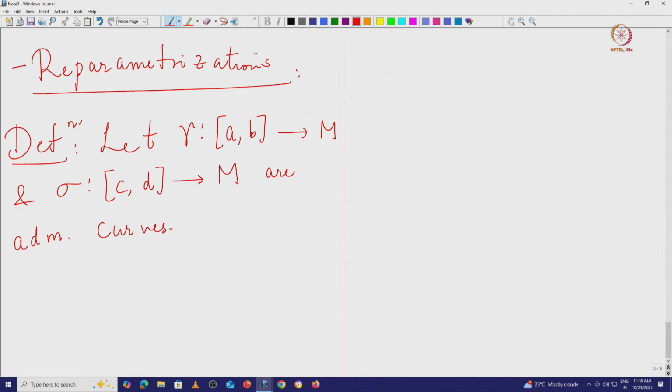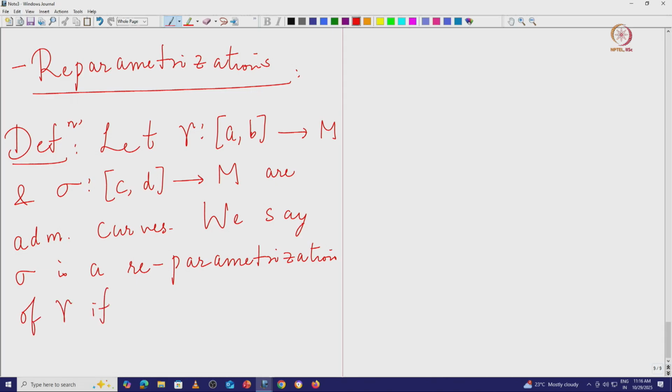We say that sigma is a reparametrization of gamma if there exists a homeomorphism phi from C comma D to A comma B such that the following holds: